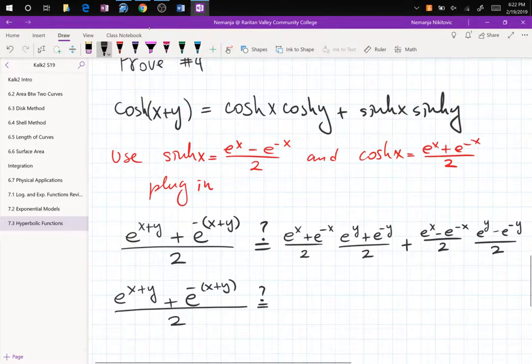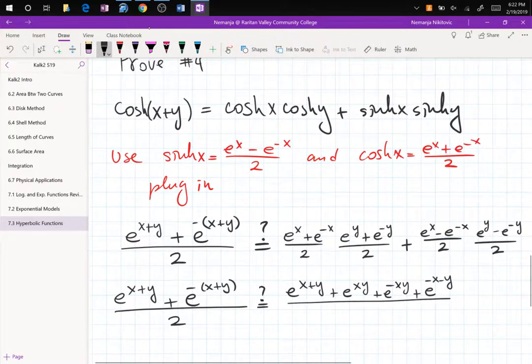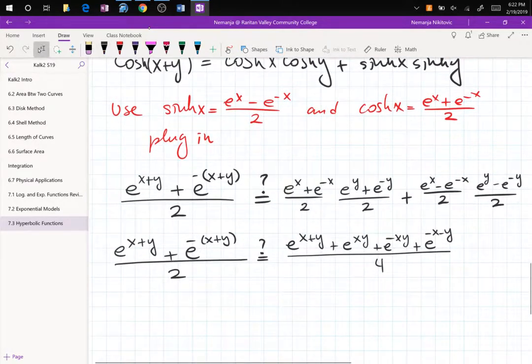So they're going to FOIL, right? And what do I have? e to the x times e to the y is e to the x plus y. And then I have plus e to the x minus y, and then plus e to the negative x plus y, and then finally plus e to the negative x negative y divided by 4. Or turn your notebook sideways. Plus,